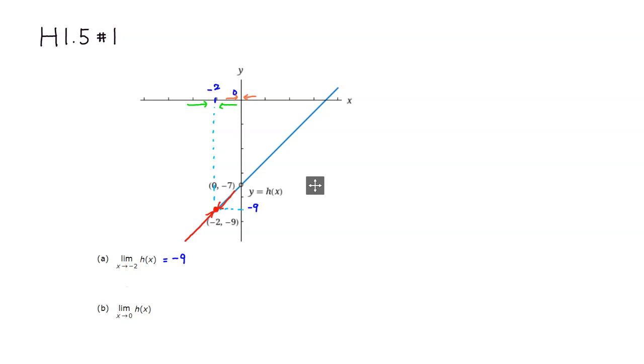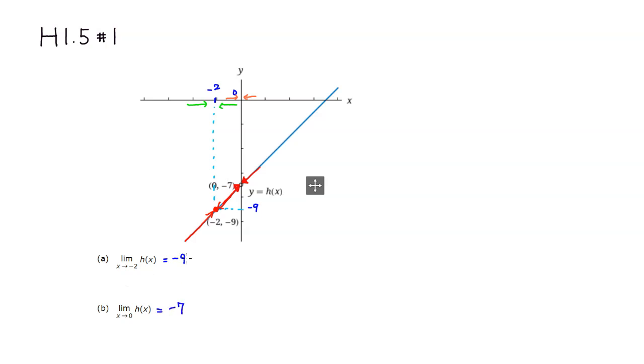If you look at the corresponding graph, you can see that the graph is heading toward that particular point, even though the graph is actually missing there. And from this side, it's still the same. Even though this is an open circle there, the tendency is still heading toward that particular point whose coordinate is 0, -7. So therefore, the function value is approaching